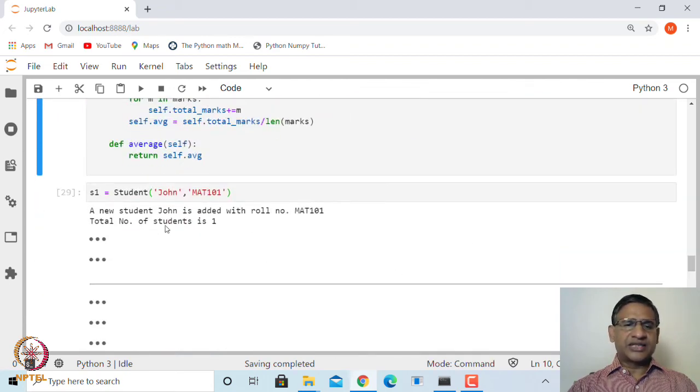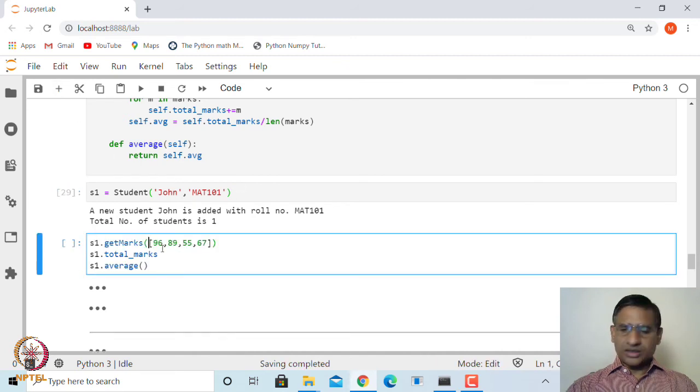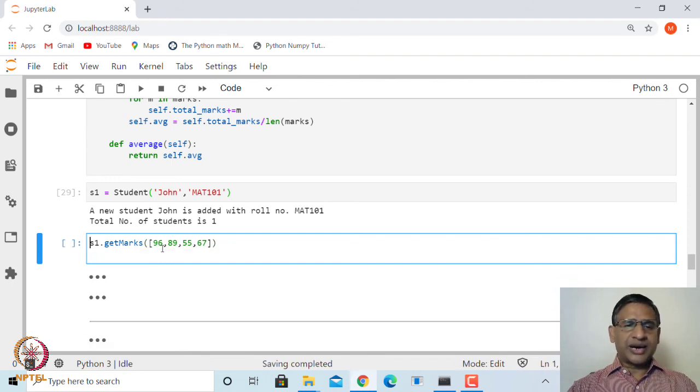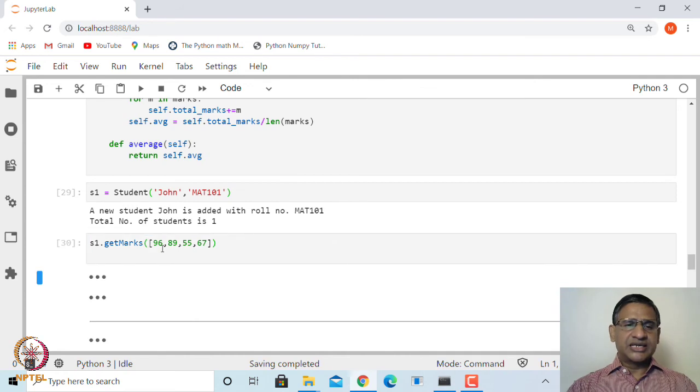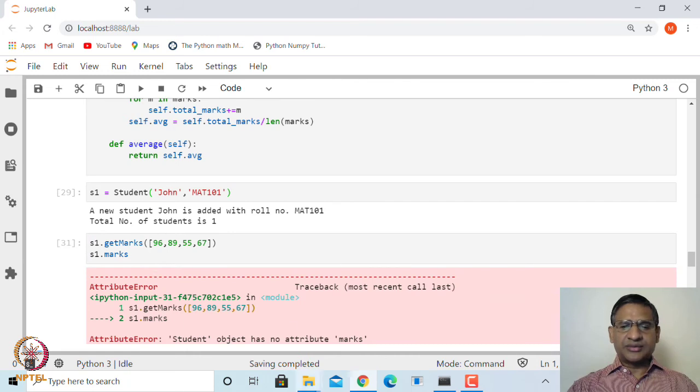After that, let us get the marks. How do we get the marks? We have to say S1 dot get marks. And what is the parameter we need to pass? We need to pass the marks as a list. That is what we have decided. Now if I say S1 dot marks, it doesn't have any attribute marks. That is why you are not able to access it.